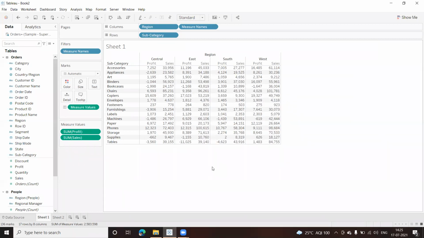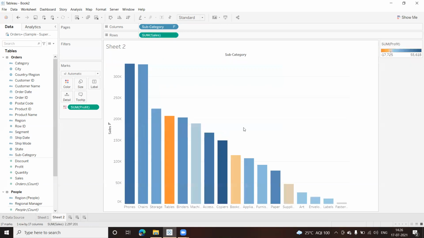But if you look at this, I am not getting the exact idea what is happening. I have to go through each value and try to figure out what is the problem or what is the area. As soon as I look at tables at the end, but this is sorted as per the category, not as per the profit or the sales and so on. And region wise, again, the sales is different and the values are different. So this table is okay, fine. You can show it in the figures and all. As a pivot table, you can produce this further. But this image makes more sense and gives you a better picture.